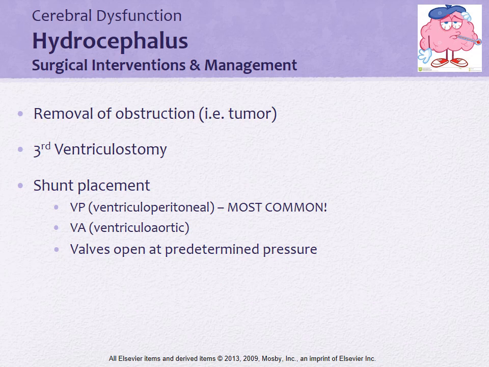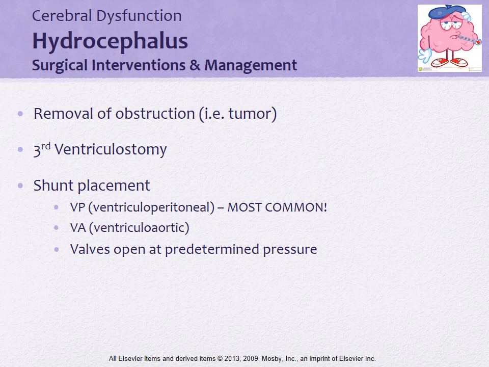You'll see a VP shunt, a ventriculoperitoneal shunt, and that's when it goes from the ventricle down to the peritoneum, and that's actually the most common. And then you'll see a VA shunt, which is a ventriculo-atrial, so it goes from the ventricle to the atrium of the heart. A lot of times these are revised as a child grows because the shunt tubing will actually shorten as the body's growing. So you have to make sure you're keeping track of that. And what happens on the shunt is that they have a valve for the CSF in the area of the CSF.